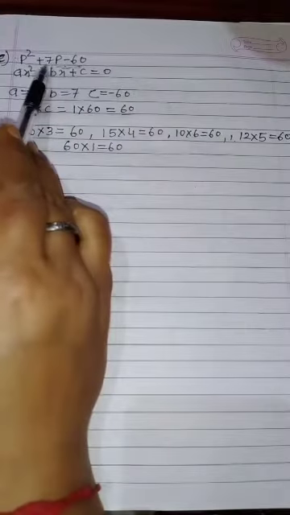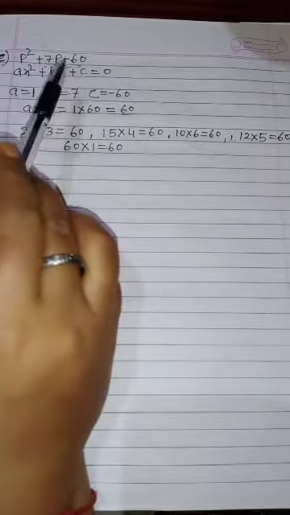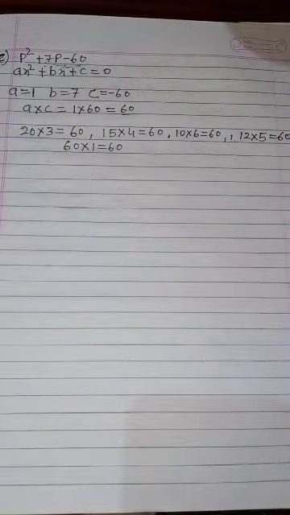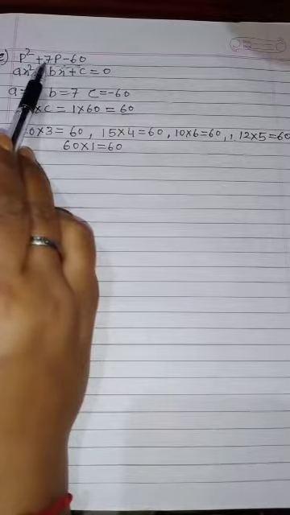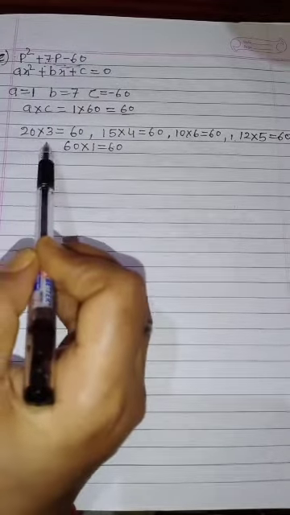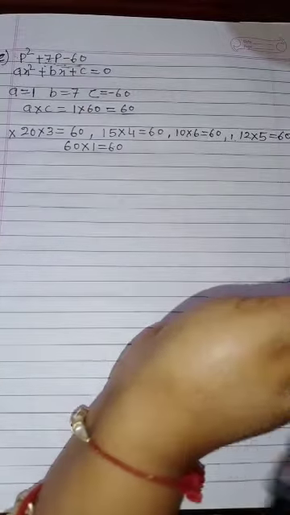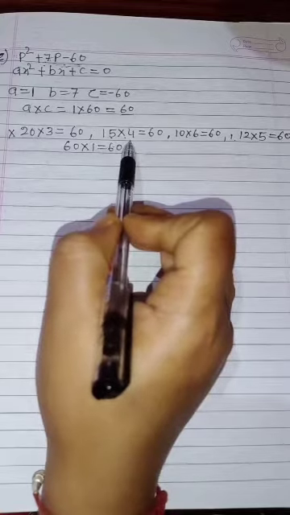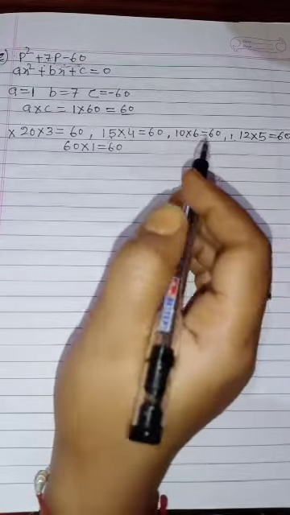Now I need 7 by adding or subtracting. I have to select those factors by means of which addition or subtraction will come equal to 7. If I take 20 plus 3, it is not equal to 7, or 20 minus 3, also not. So these factors we cannot select. Now come to 15 minus 4, which is 11, and 15 plus 4 is 19, so it is not equal to the middle term, so this also is neglected.